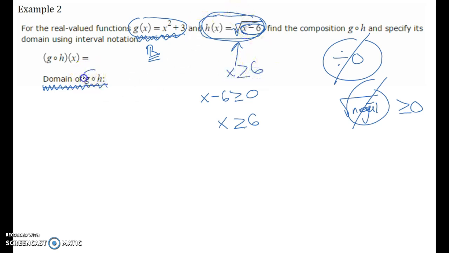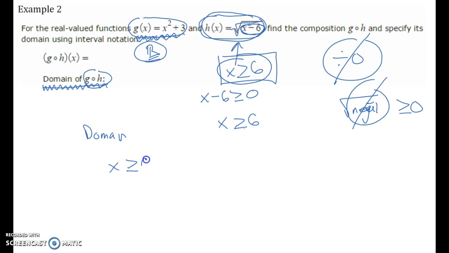So the domain of the composition of two functions is the intersection of these two domains, like wherever they overlap, which in short becomes just this more restricted situation over here. So our domain ends up being x is more than or equal to 6, which is funny